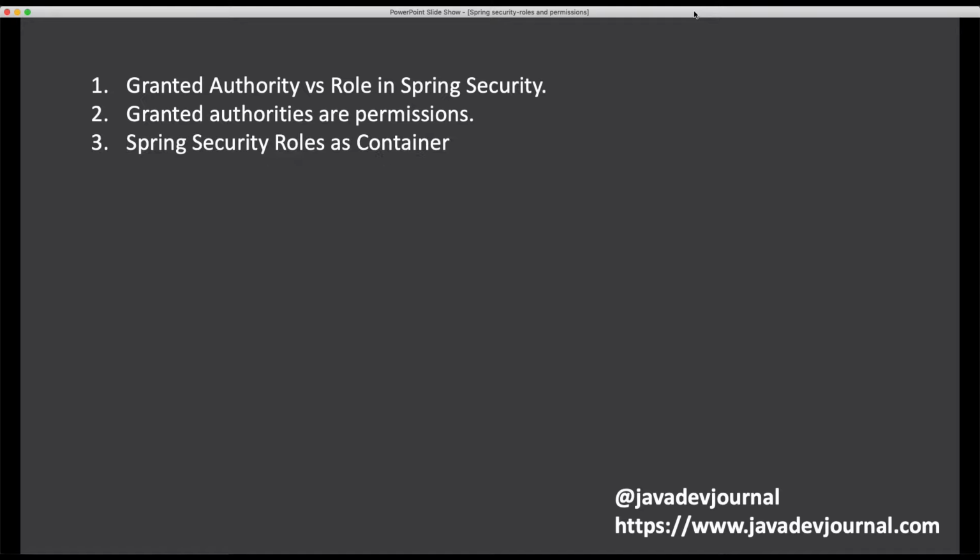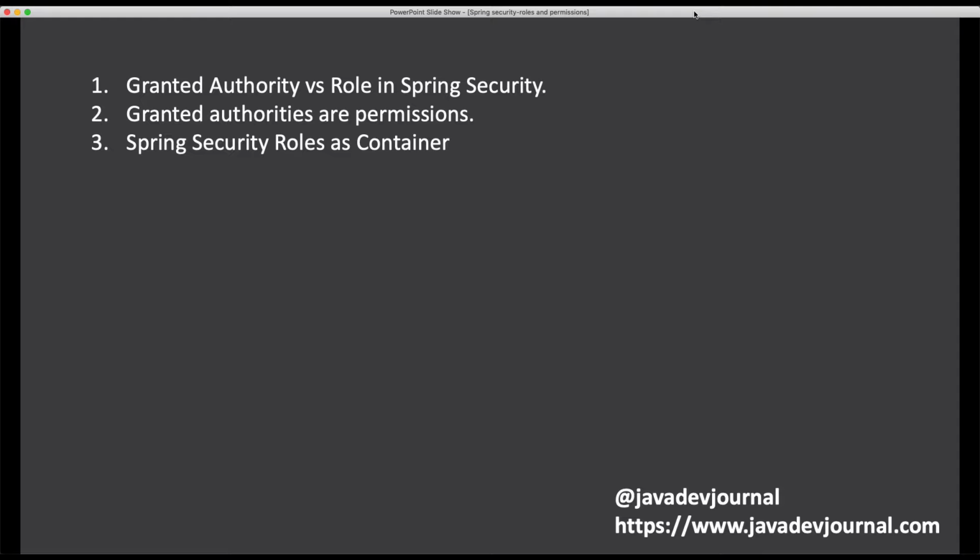Now the question is, what are roles? Think about roles as a container of granted authorities. A given role can contain multiple granted authorities. Let's take an example of admin. Admin is a role, right? And the admin role can contain multiple authorities.